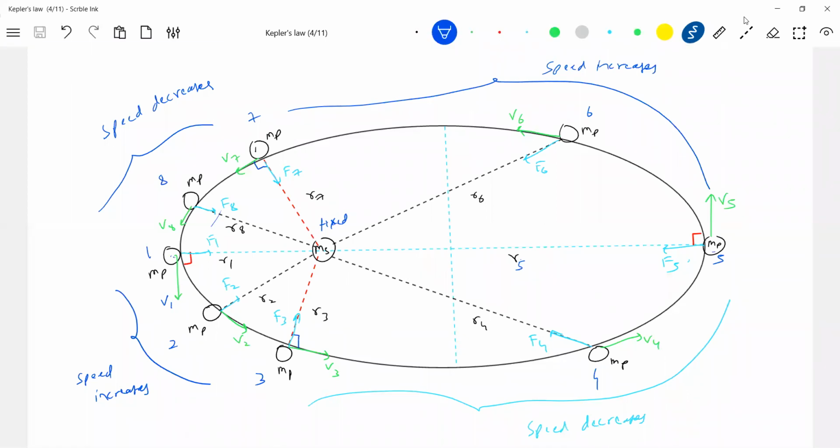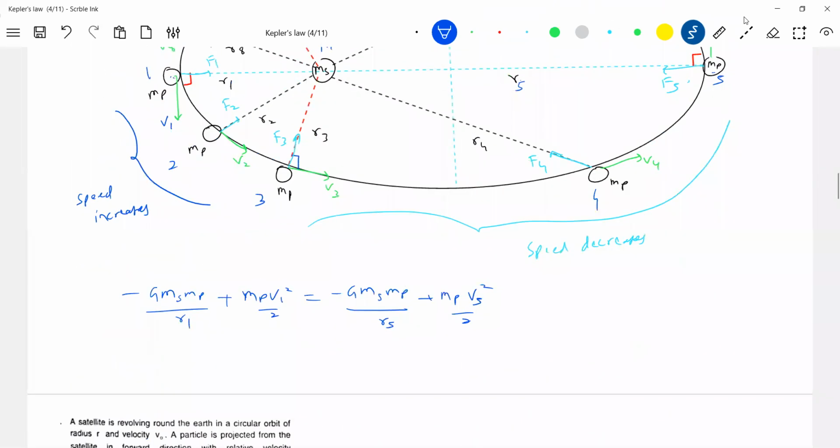Okay, fine. So now you can apply conservation of angular momentum between any 2 points, and conservation of mechanical energy between any 2 points. I just showed only 1 and 5. Let me show the other things also. If this is the angle, shall we call this theta? This is the angle between R bar and V6. Now, what is the conservation of angular momentum between 1 and 6? Let me apply it. So what is the formula?